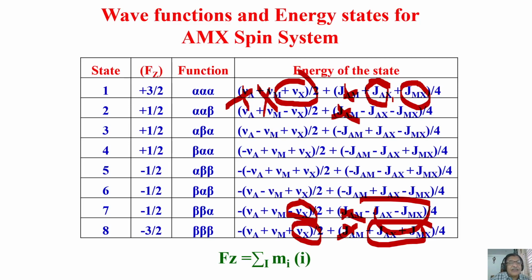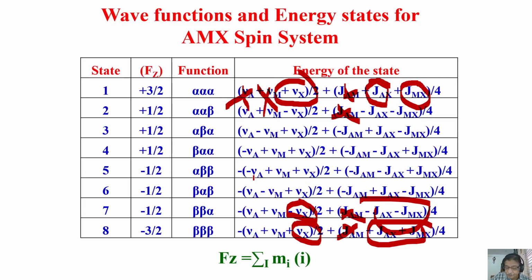So for each spin at the respective chemical shift position, you get two peaks on the right, two on the left, separated by each of them J ax and J mx. Understand? From the chemical shift position, half J ax to the right and half J mx to the right. From the chemical shift position nu x, half J ax to the left, half J mx to the left. So similarly, you can work out for m, work out for x, work out for a. At all the chemical shift positions, you get 4 peaks.